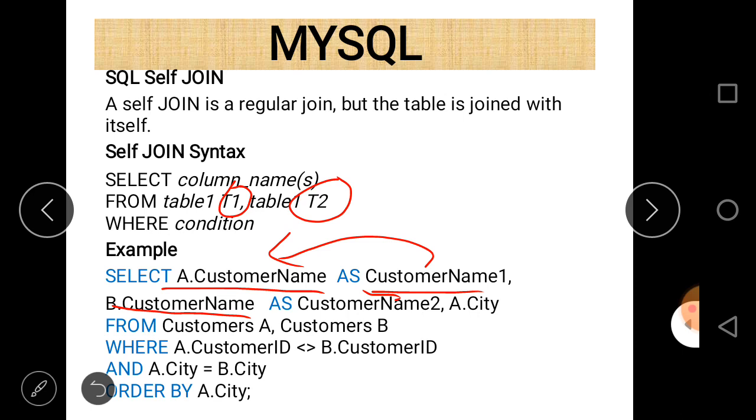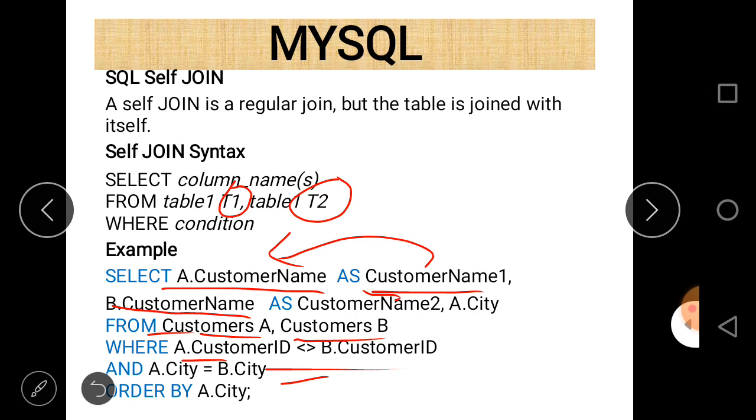And then the from keyword, here customer A and customer B, and after that the condition: customer ID of both of them is not equal, and a.city and b.city.